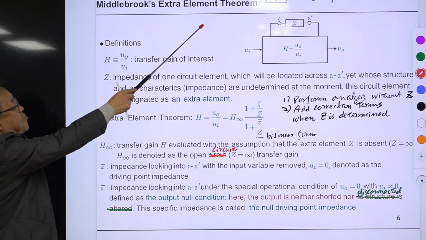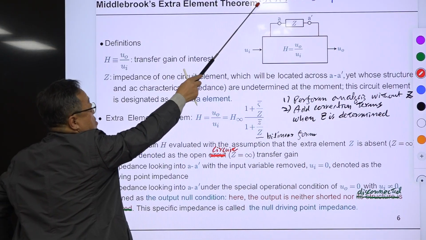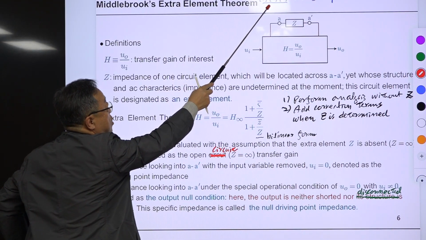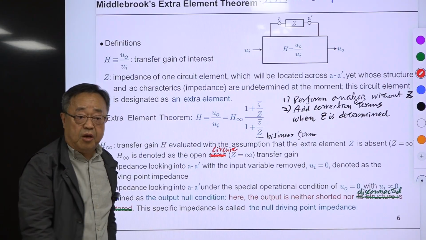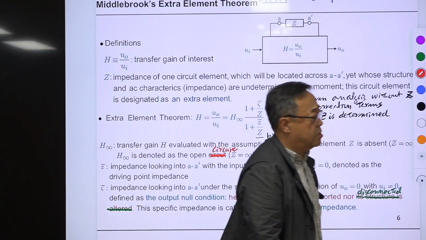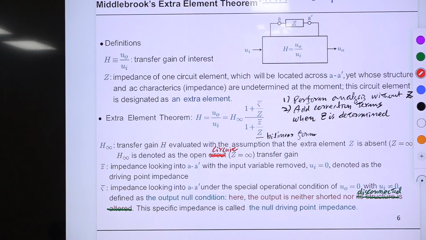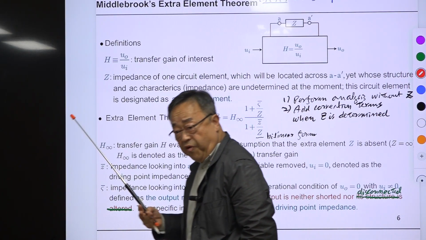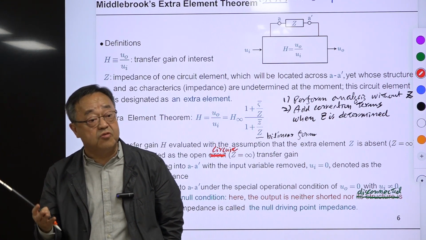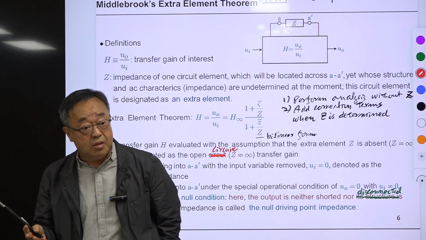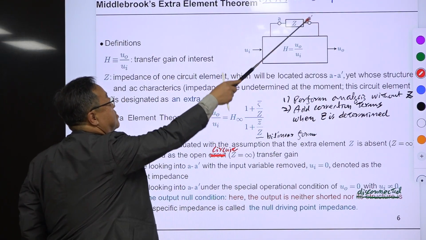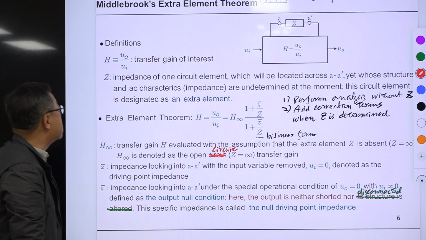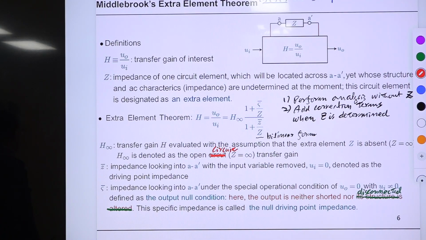This is the reference, a very important reference. These are the 2 papers Dr. Middlebrook wrote, and this is the 1 book, by Erickson and Maksimovic, published maybe 20 years ago. Once I used that book as the text in my graduate course, and I found that book extremely useful, a pure gold type book. But people are ignoring these things. They just stick with Ohm's law, and more than that, they are avoiding it.